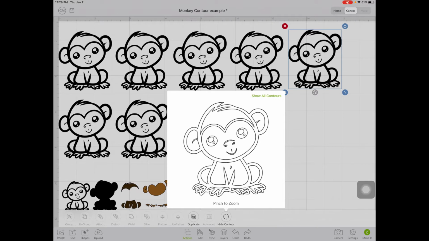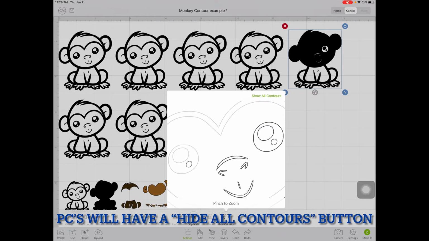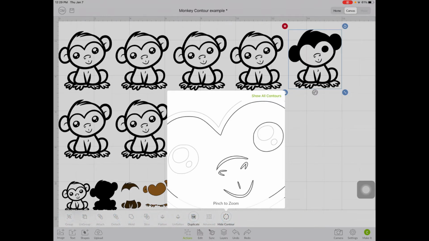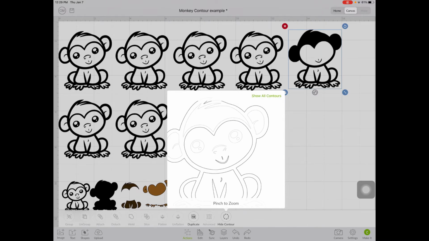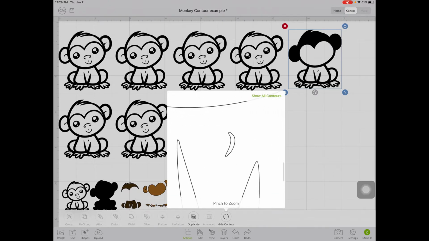every image, is I always start with a full black image. So I get rid of all the detail, and you do that by just tapping on all the pieces inside the outline here. So I'm just going to take a moment, and you can zoom in. I'm on an iPad, so I just have to pinch the screen to zoom in. If you're on a PC, then there will be a button to zoom in and zoom out. And some of these little tiny pieces are really finicky,